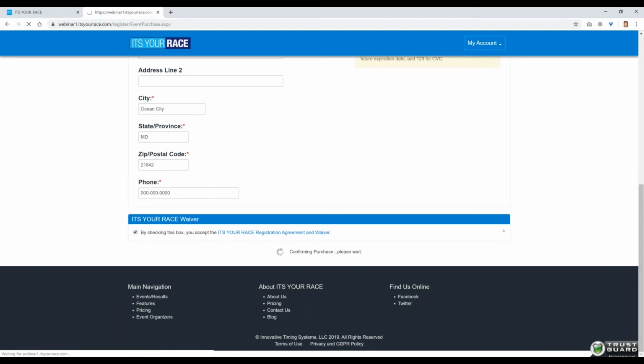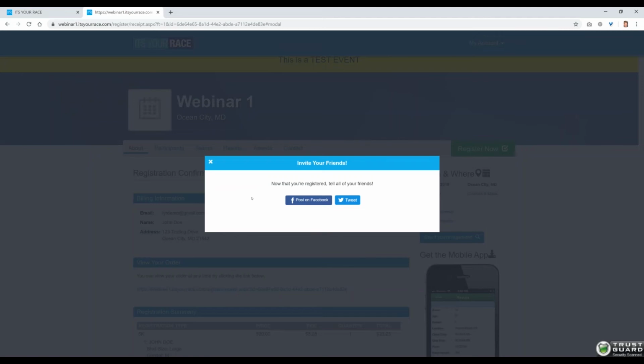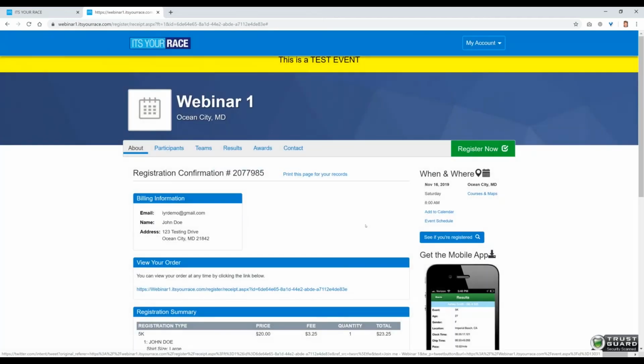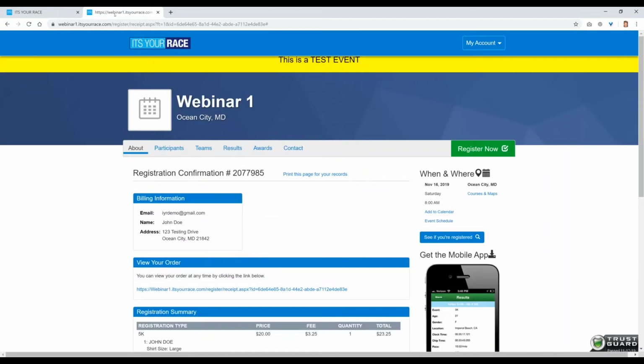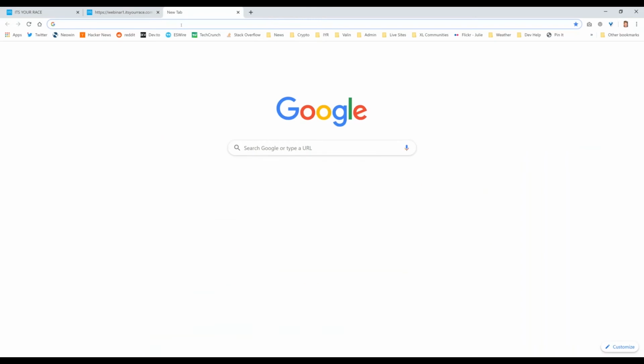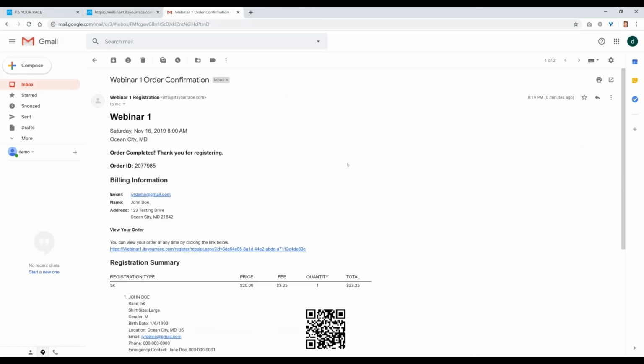So basically, we're not going to do that. So basically, you know, the initial receipt page is the same as usual. You know, we should have 2 people down here, Jane and John. But if I go to my email account, all right. So basically, part of going through this process, number one, obviously, show you that there's not a lot you have to do. There's nothing really you have to do, and it's your race initially to create your event and actually